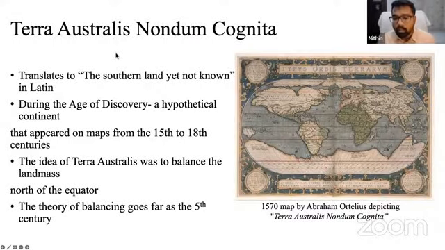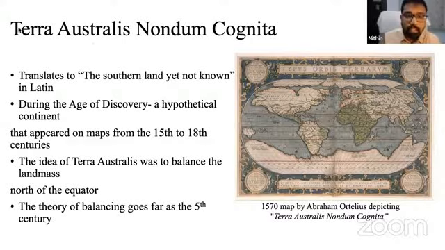So Australia in the 1500s and 1600s was not discovered yet. During that period, it was an age of discovery. And the people in Europe, the voyagers and the philosophers, started thinking: we have mapped almost all the lands in the world that we know, and there seems to be an imbalance in the sense that the south part of the map seems to remain empty. To that part, the Europeans gave a name, Terra Australis non cognita. That is the southern land yet not known to man.